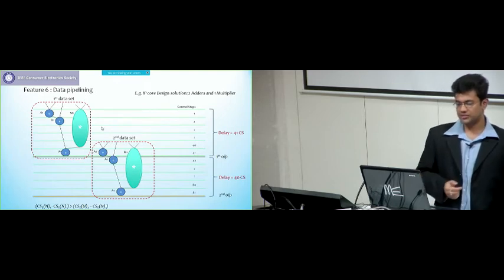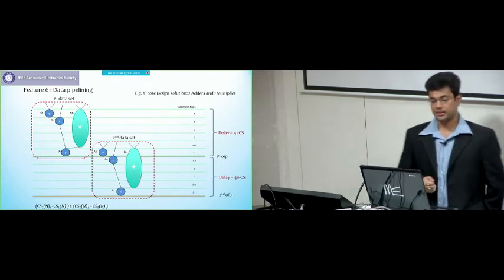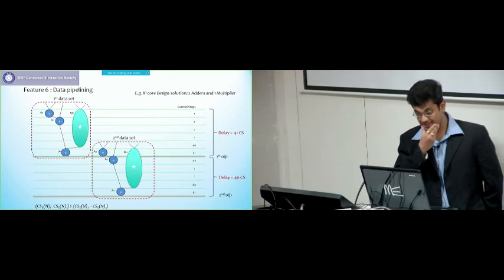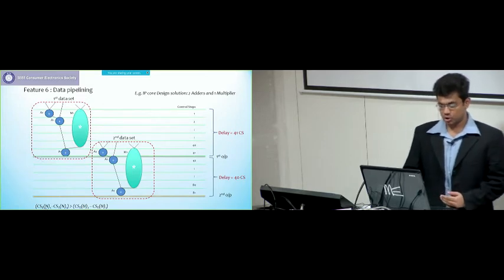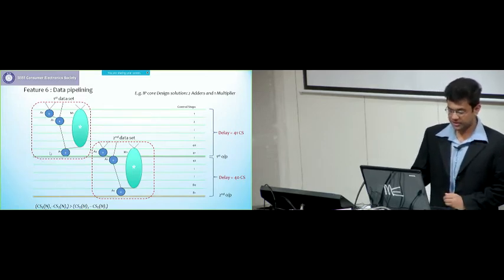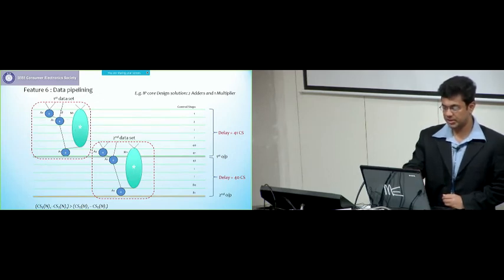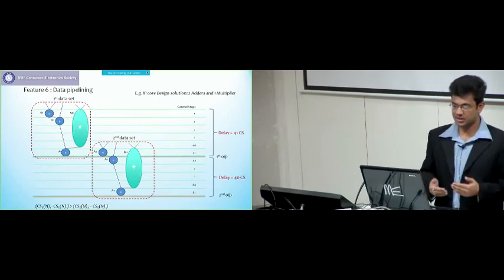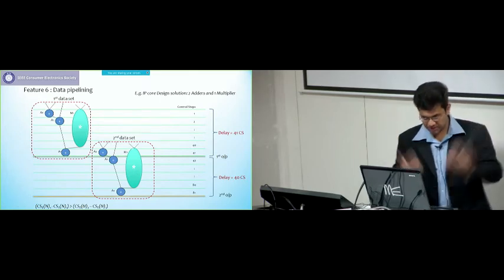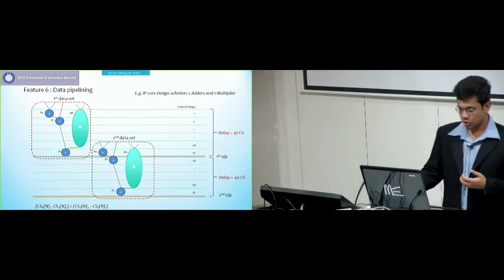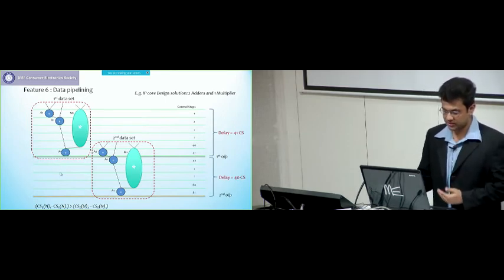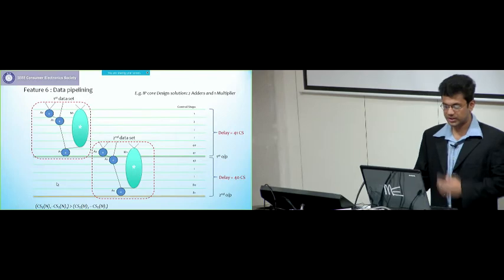So let us move on to the next feature set. It is called data pipelining. What we do is try to satisfy this condition to check if data pipelining exists. If the end control step of the first data set, this is the first data set, the same behavior is being repeated for the second data set, that is the concept behind data pipelining, that we try to do as much parallelism as possible so that we can have an improvement in performance. So if this has been done in the design, this condition has to be satisfied. So we can check it.